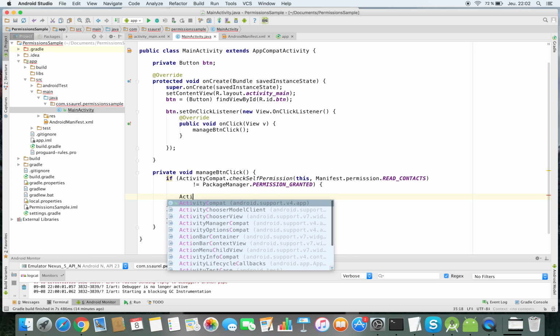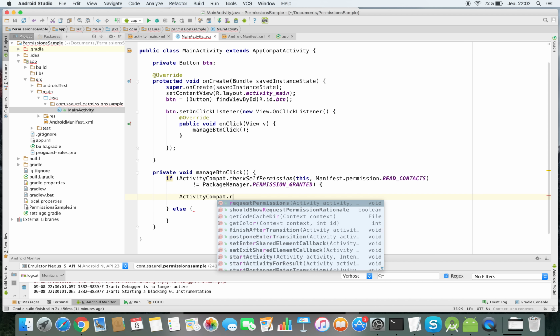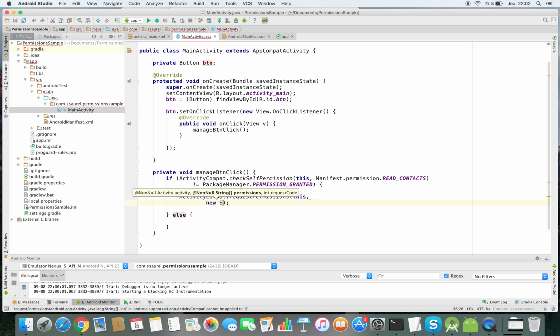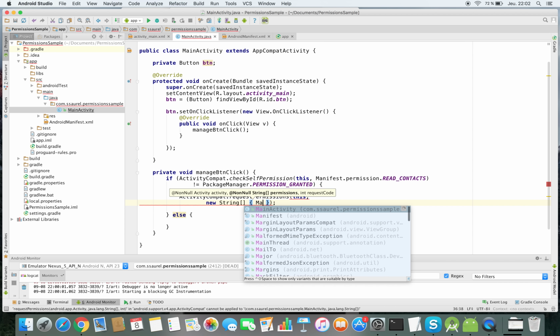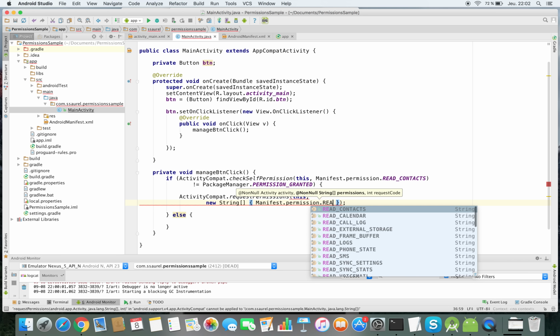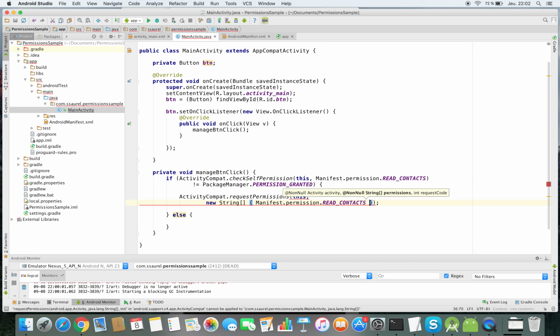Like our activity extends AppCompatActivity, don't forget to use the ActivityCompat static method. So we request permission by calling the requestPermissions method.